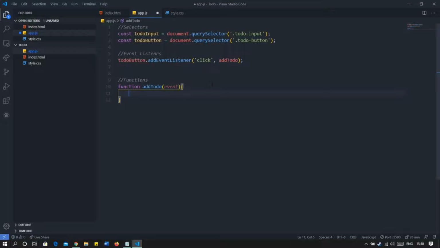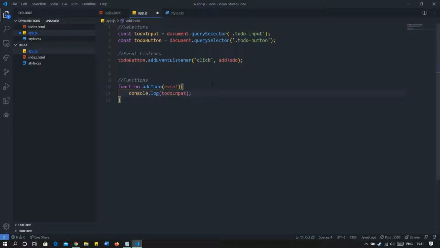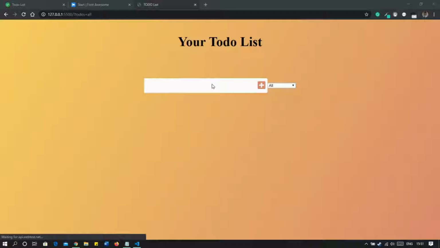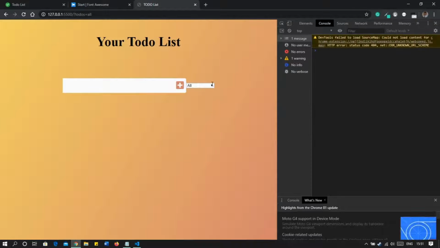So let's see, we get the value with console.log(todoInput). So we save this, we open the console, and we enter something here.